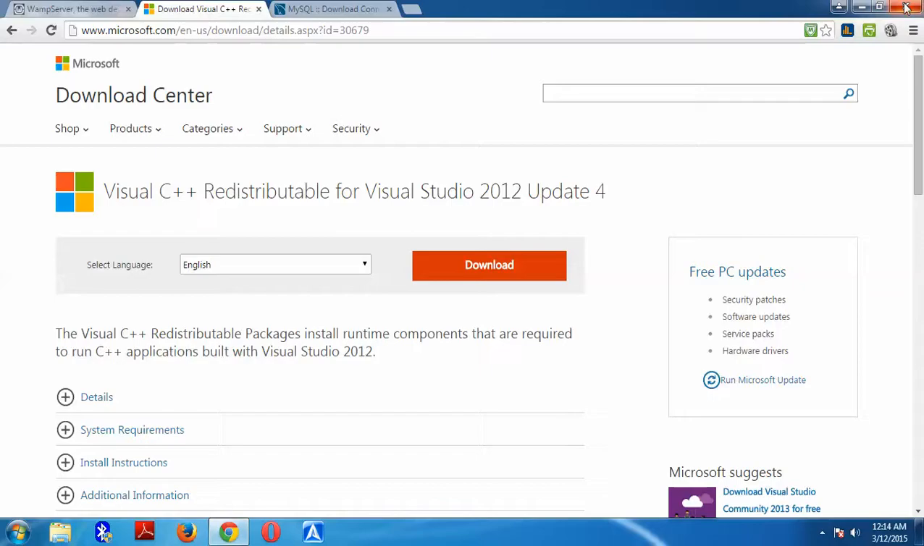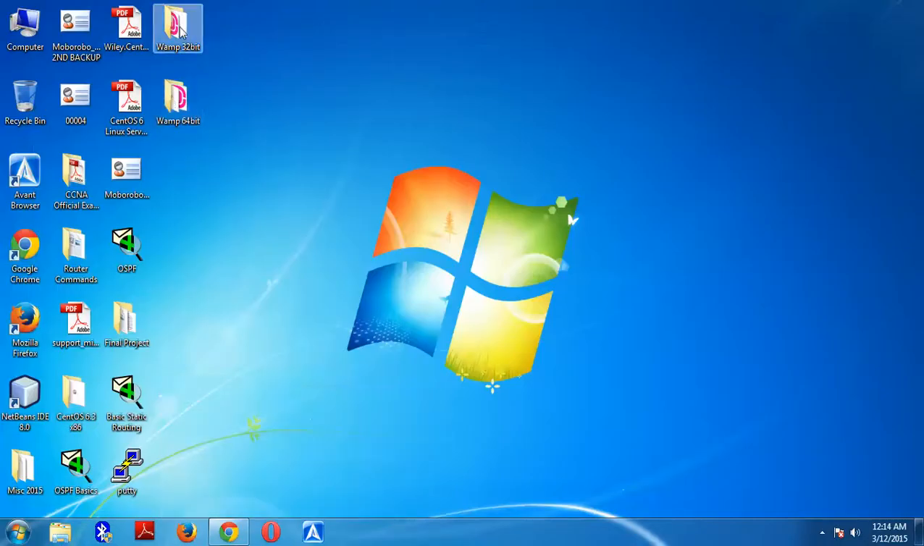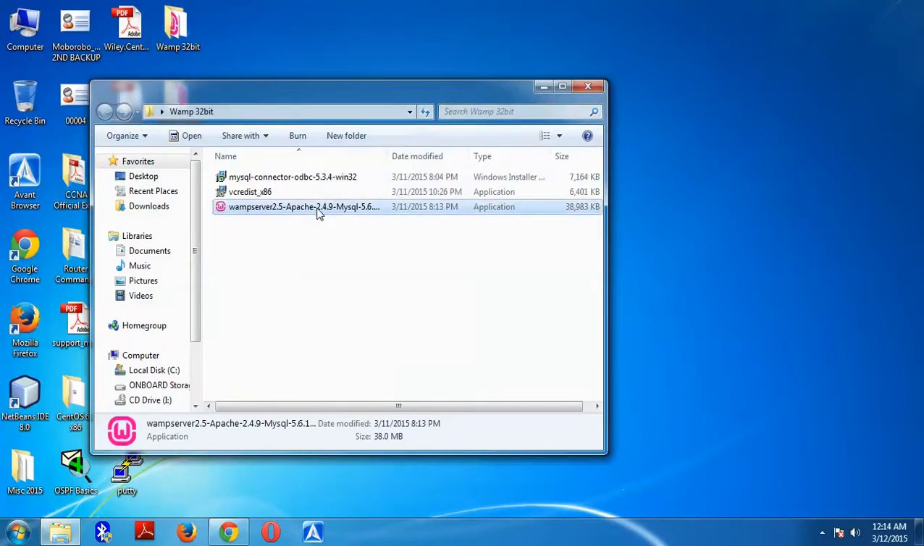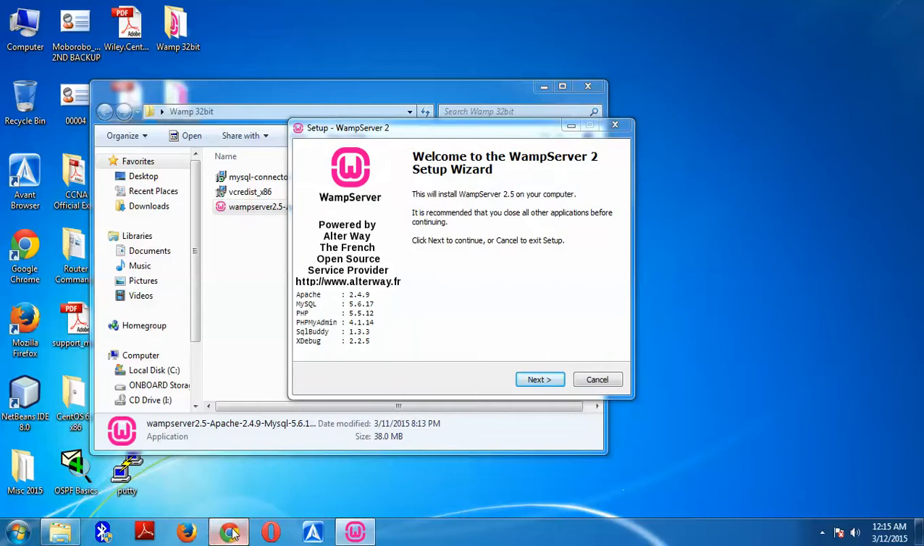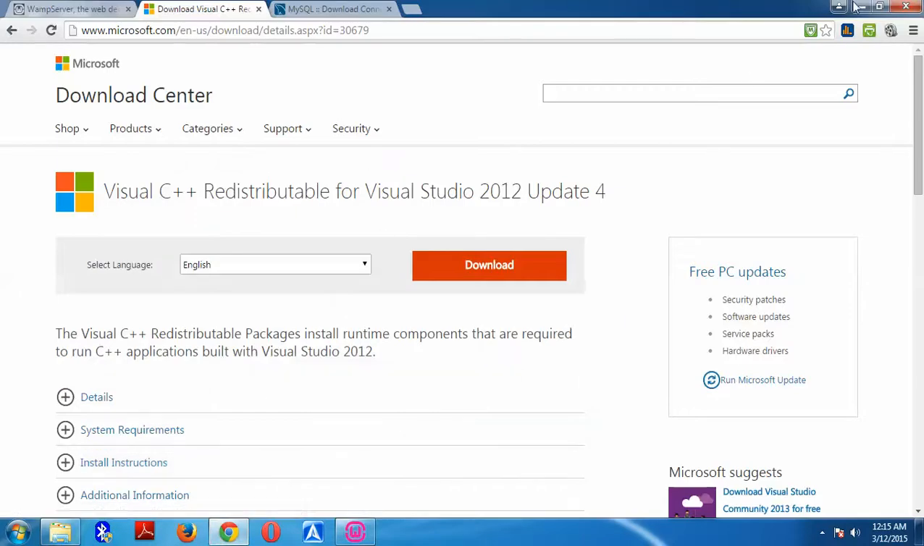Okay, so what I will do now is actually install WAMP as the first process. Now I have the Visual Studio actually installed on my system already, so I don't need to do it over. I have this installed already for WAMP. Okay,